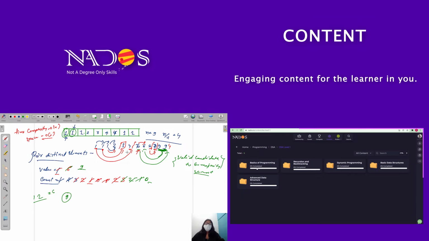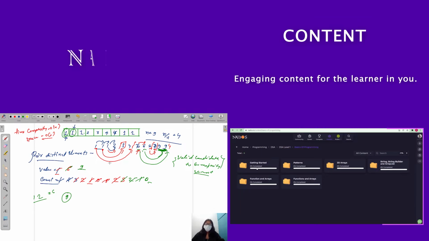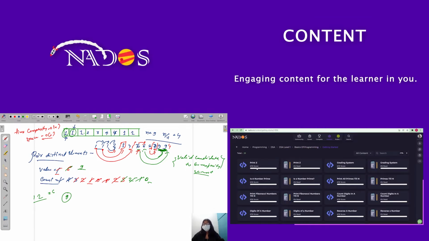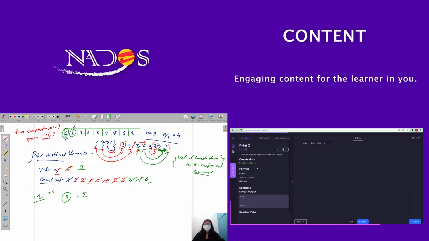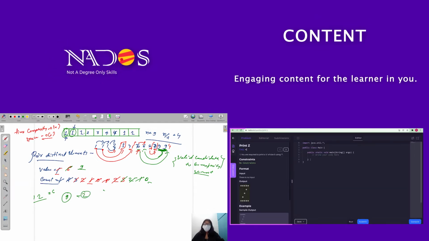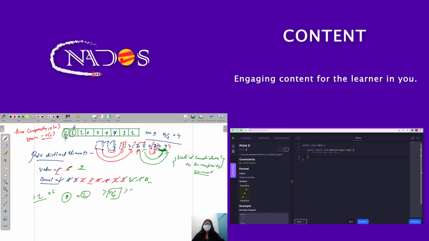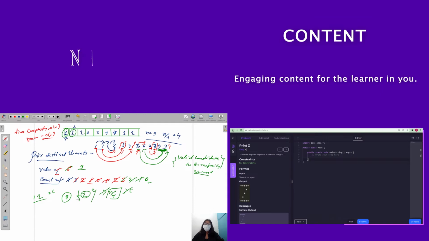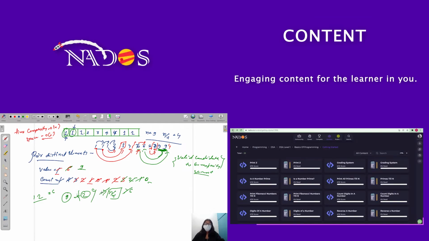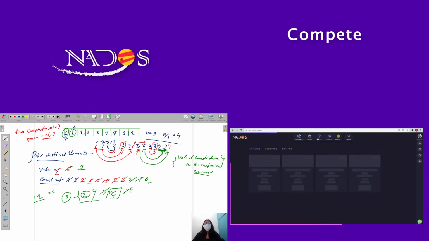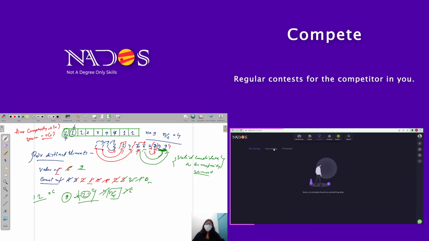So now I check the frequency of 9. I run a for loop in my method, and then I check the frequency of 9, which is equal to 2, and then I check, is it greater than n by 2? It is not greater than n by 2, because n by 2 is 6. So we are going to print no majority element exists. All right, now let's take an example where my majority element exists.